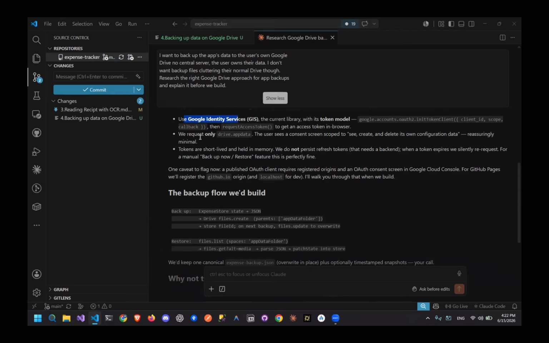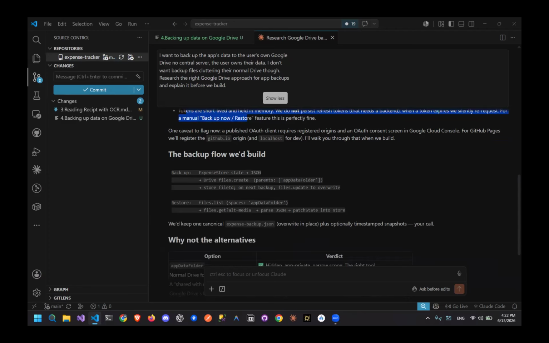And what we are going to do, we request only drive.appdata. So the user sees a consent screen to see, create and delete its own configuration data. So tokens are again short-lived in memory. One keyword to flag now: a published OAuth client requires a registered origin and an OAuth consent screen